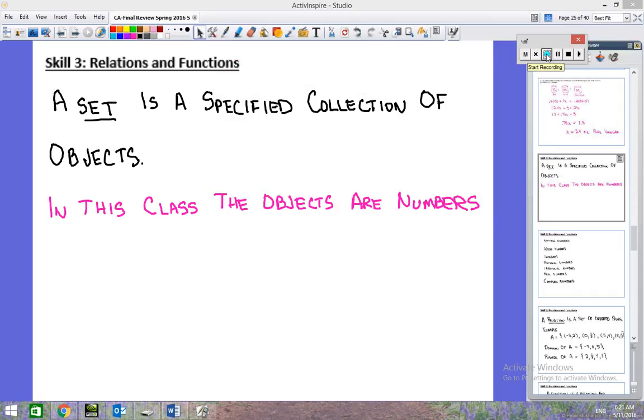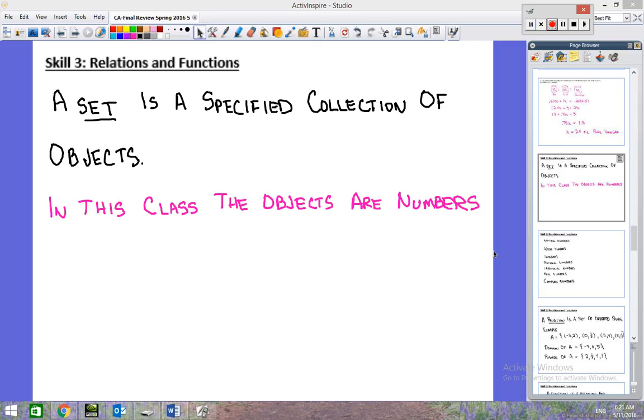Alright, so let's take a look at some problems to help us prepare for skill 3, which is relations and functions. So before we jump in and start doing some specific problems, let's think about definitions and some preliminary things. In high school mathematics, most of our studies is about sets, and a set is a specified collection